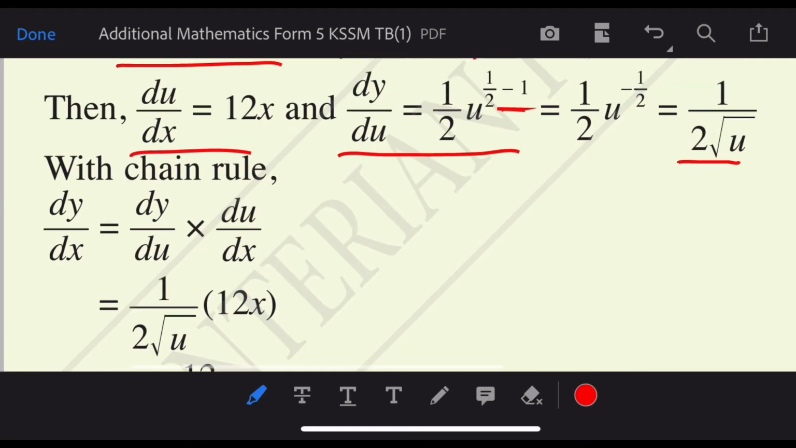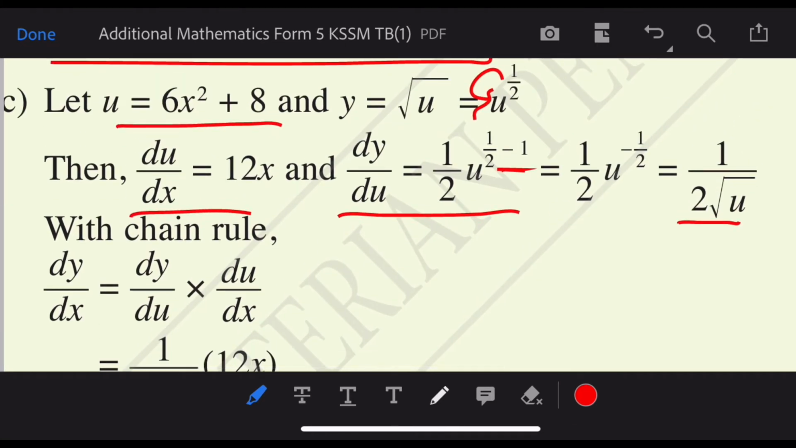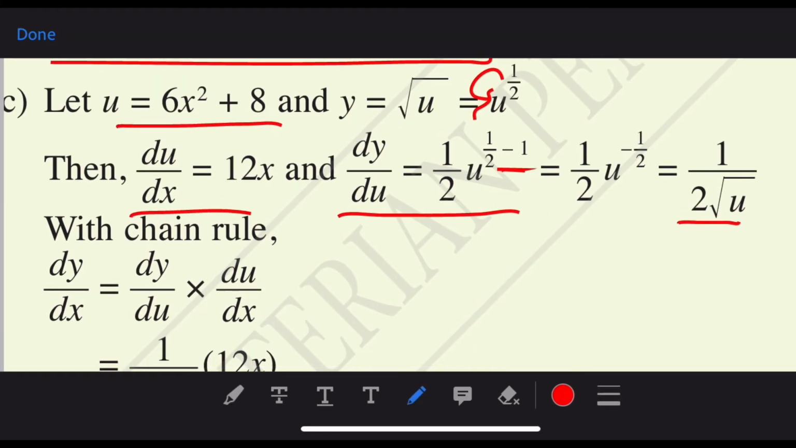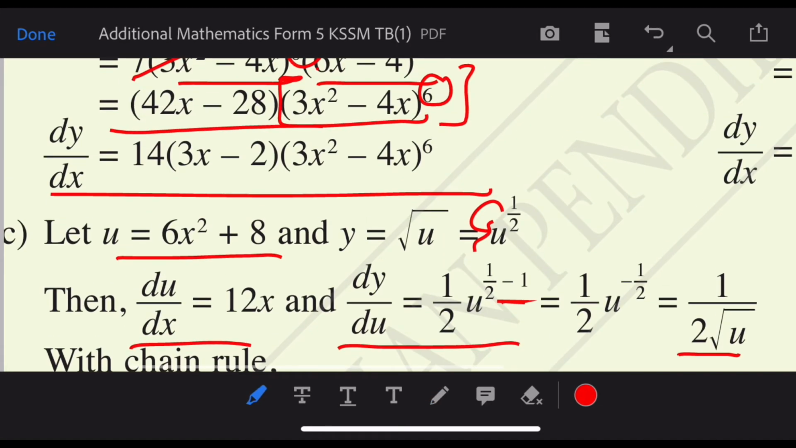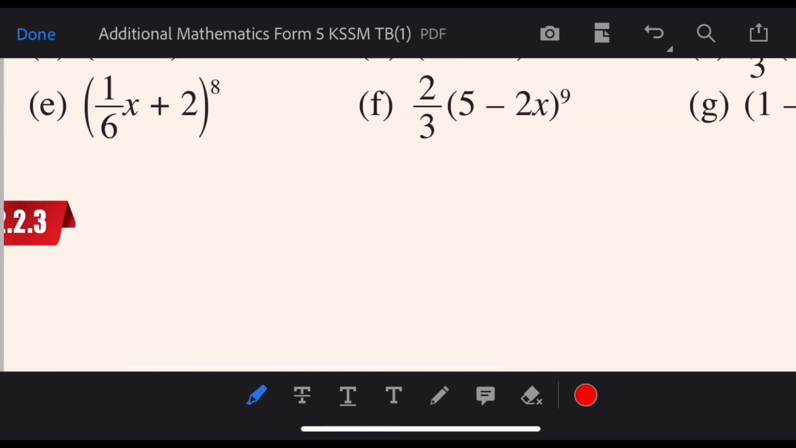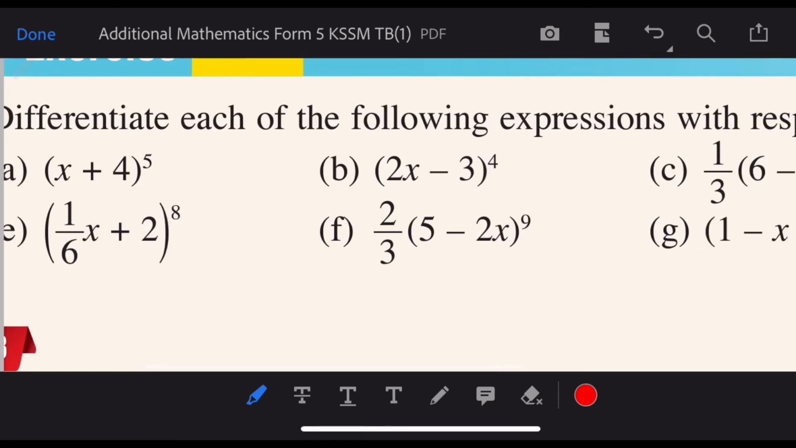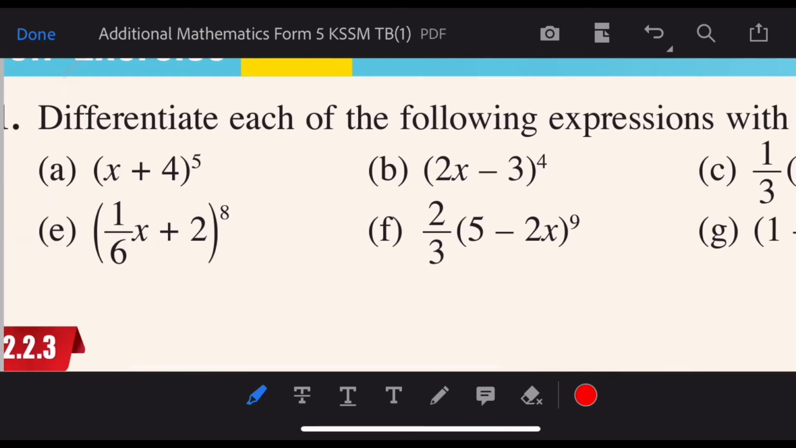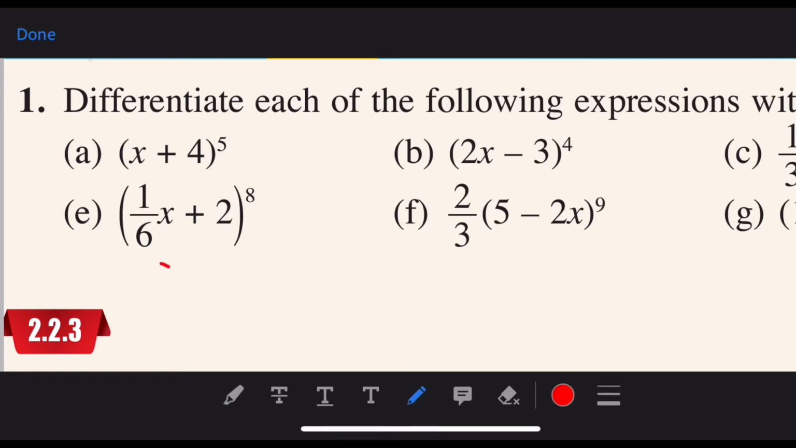I don't actually use a u unless the question forces me to. So I will actually do one step, like just now. Okay, now let's discuss how to do questions like this. Example, we discussed a few. Example for A,